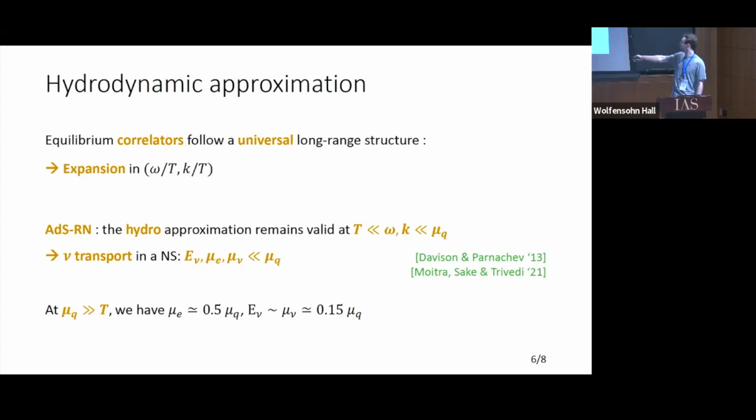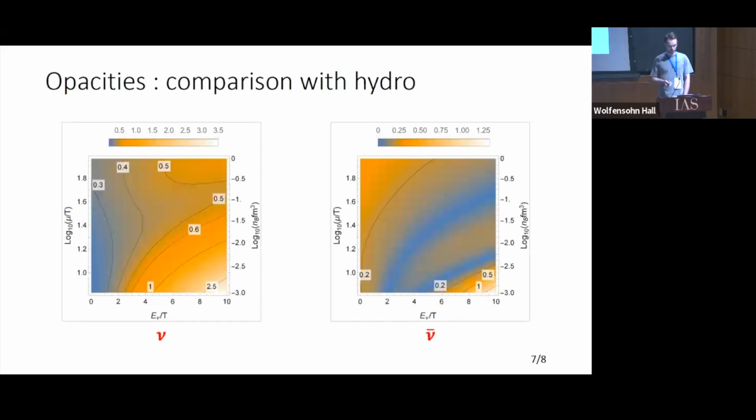And in this simple model, we can compute at high density what those leptonic scales are. And we find that they are actually proportional to the baryonic scale, but with coefficients that are quite small compared to 1, suggesting that this hydro approximation may be reasonable. And to check that, we need to go to the numerical results.